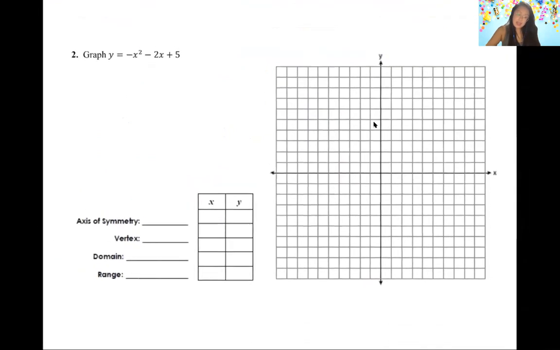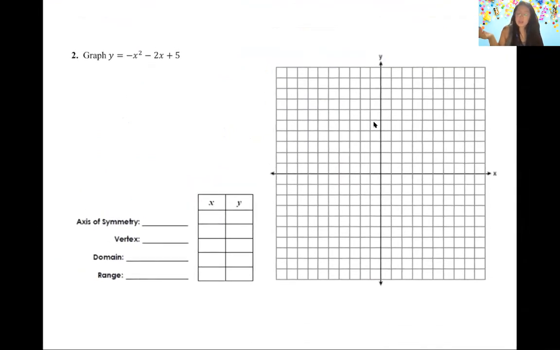Alrighty, and the last thing we did that week was we practiced graphing our quadratic functions. So the first thing we want to do when we have our equation is find the axis of symmetry, and we need to first find our a, b, and c value. So a is -1, b is -2, and c is +5. Remember, our axis of symmetry is x equals